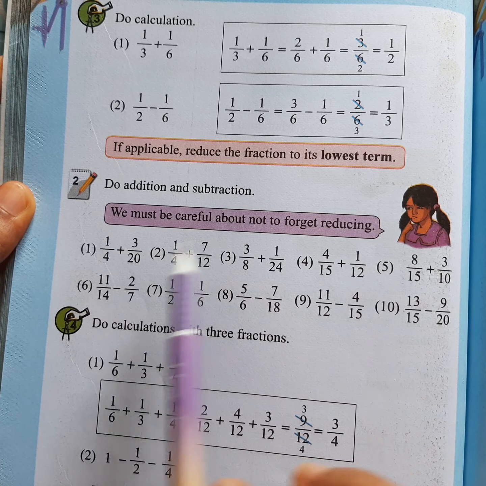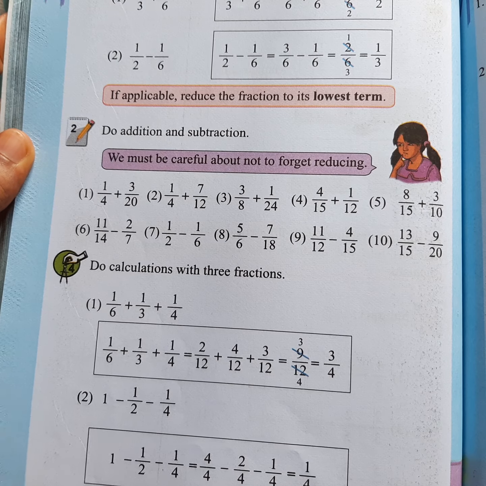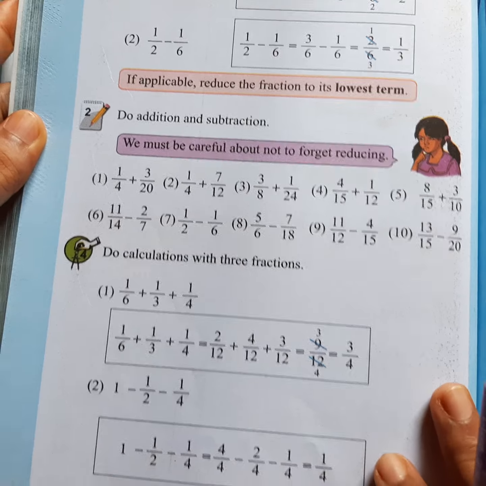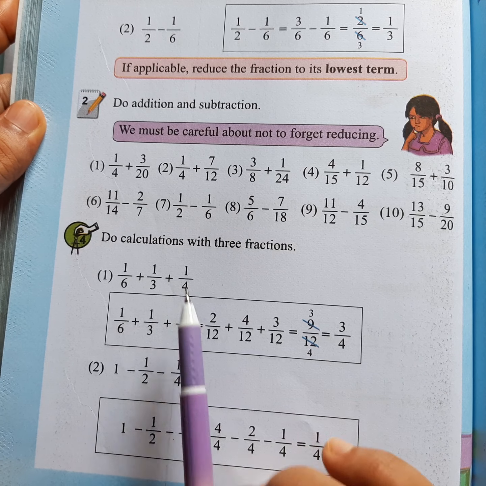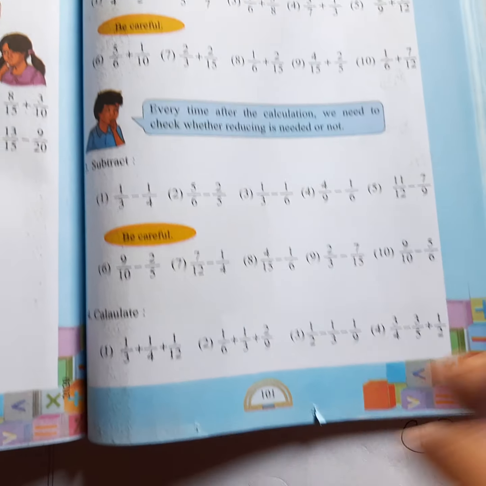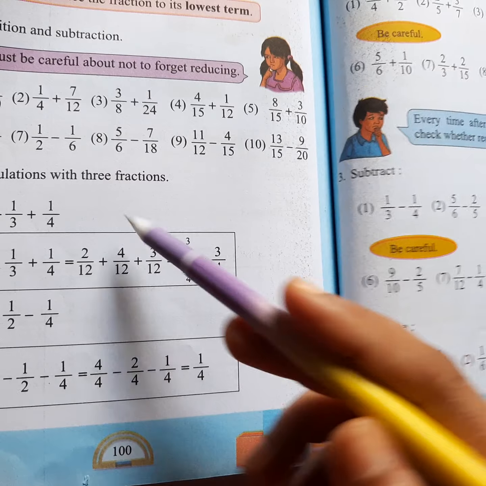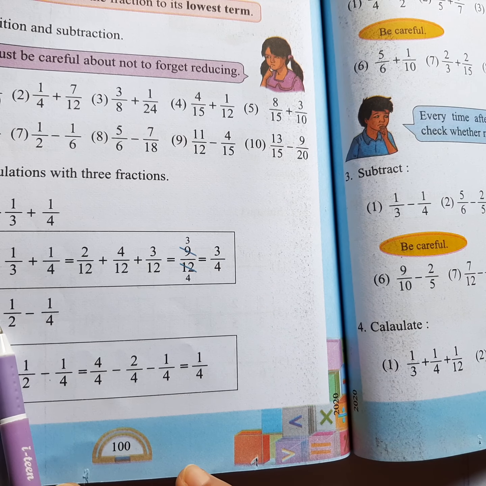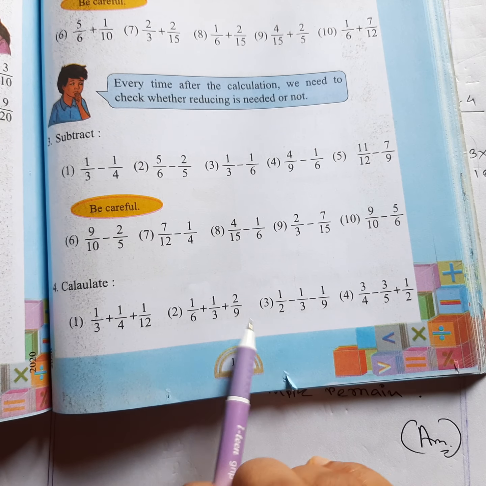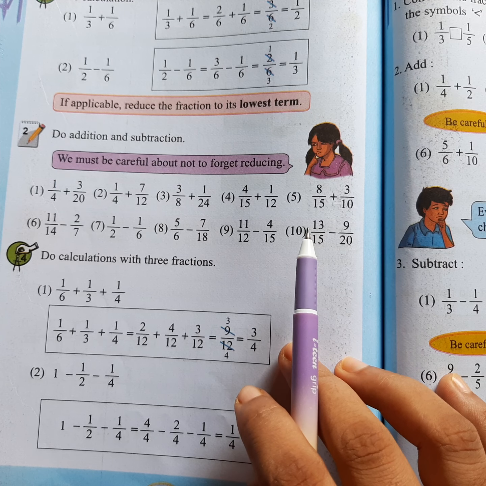And all of the maths is exactly the same, and this 3 fraction calculation I am going to show you is an exercise here, this one. So I am just going to skip that part. Maybe I will do that one, because in this part I don't have this kind of math. So I am just going to do a little bit from here.